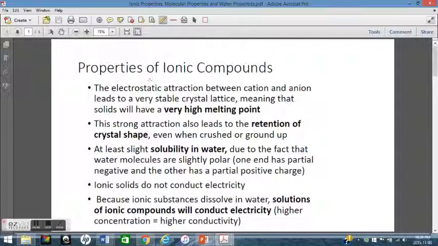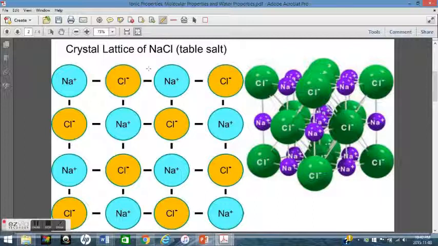So ionic compounds themselves have this electrostatic attraction, which means attraction between a positive and a negative. Okay, cation being positive, anion being negative. It leads to a very stable crystal lattice, and that means that the solids will have a very high melting point. Just to flip down here, you can see kind of a slice that I've got here, where each sodium